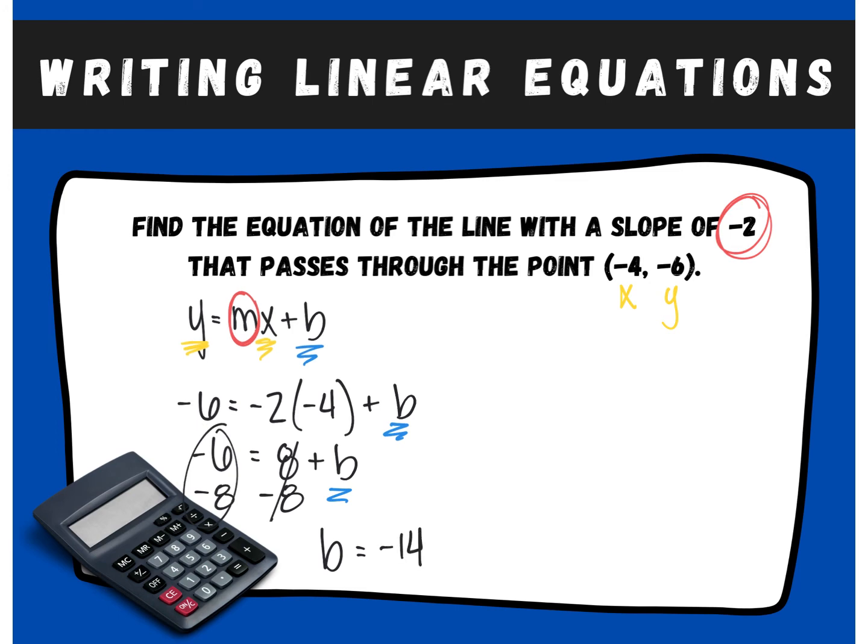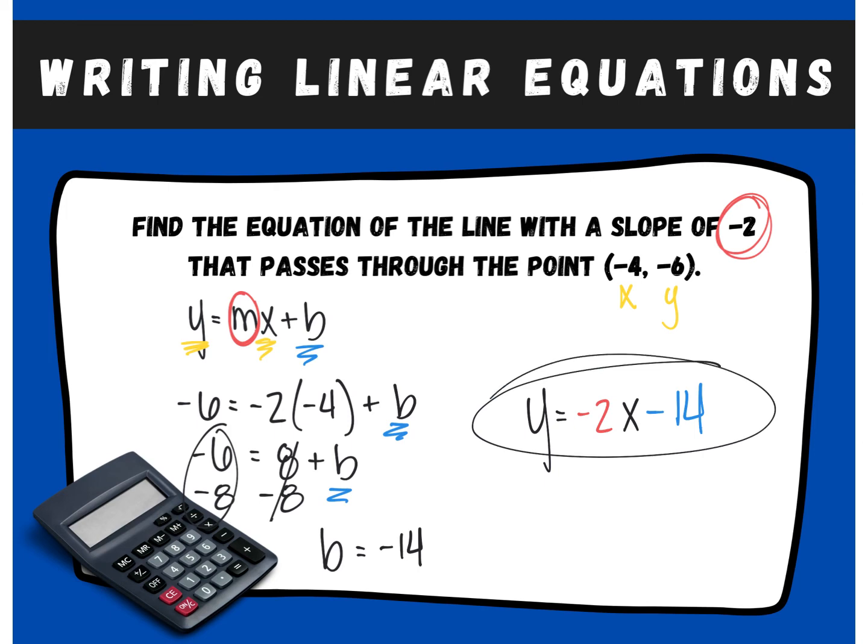For the equation of a line, I still have to go back and actually write it. Don't forget that step. It's really easy to lose that along the way. We've done so much work already. So I'm going to write my equation: y equals m, which we know is negative 2, x, plus my y-intercept, which is negative 14. So in this case, I'll actually write minus 14. This is the equation for a line that passes through negative 4, negative 6, and has a slope of negative